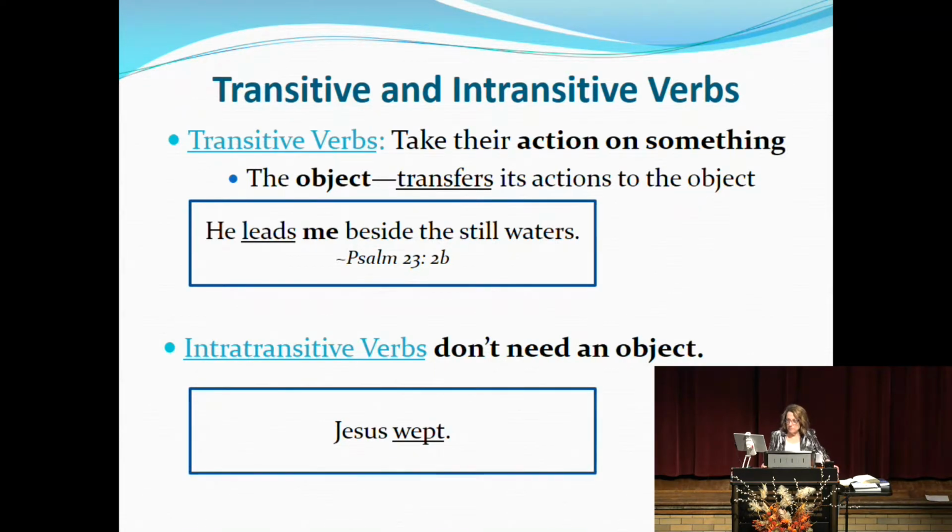Now, transitive verbs, remember, need an object. So if I would say this, she will lay on the podium. That sounds silly, doesn't it? But if I take an object, she will lay her Bible on the podium. Now I have the object of the verb lay. And that's what transitive verbs do. They take an object and they move on it. They respond to it. They transfer over, if you will. An intransitive does not have the object.